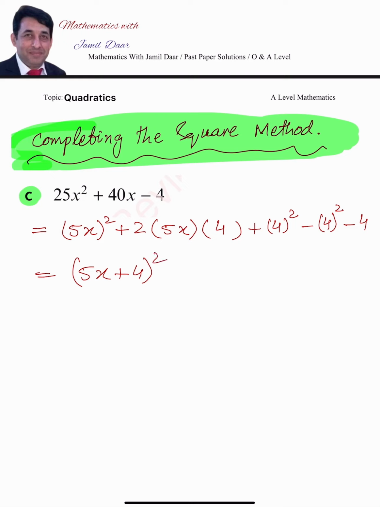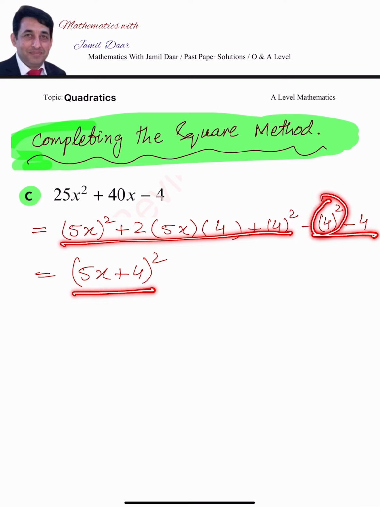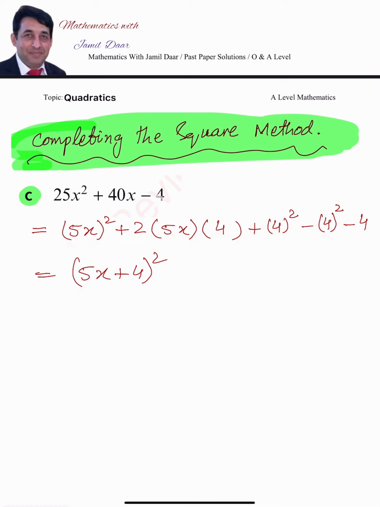So now we have changed this one into this one. So this is left. This is 16. 4 4s are 16 minus 4. This will become minus 20. So we have completed this square. Okay,